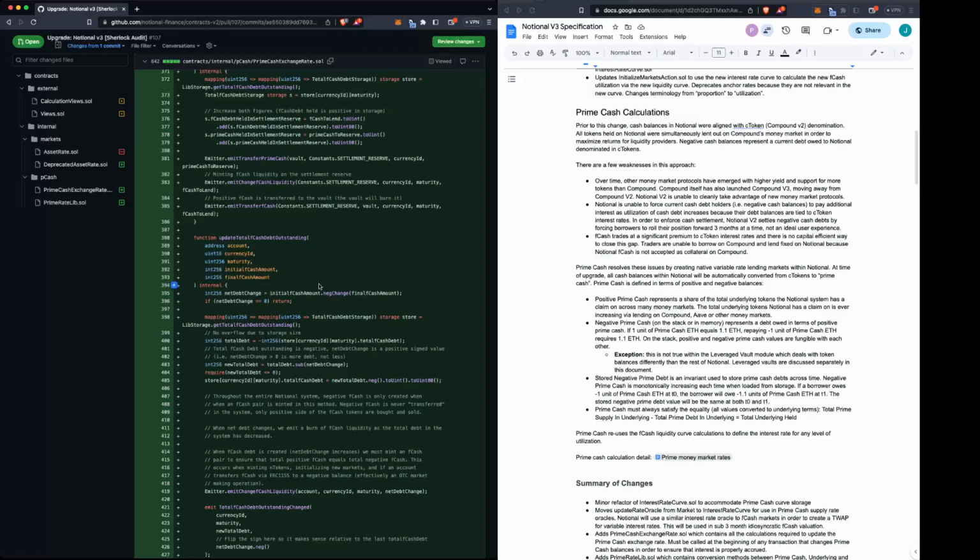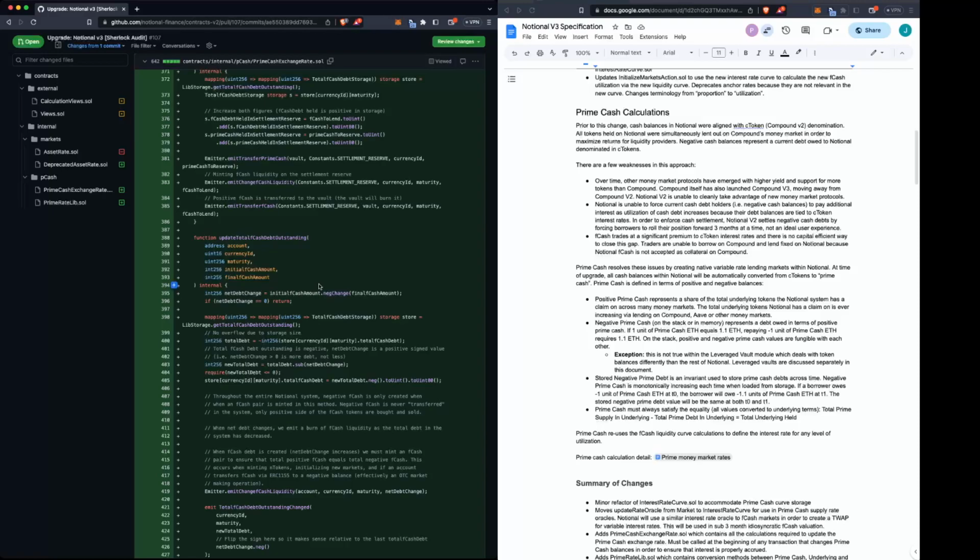Now, if the borrowers did not repay on time, what Notional V2 enforced was a settlement process where cash was borrowed from the 3-month market and used to repay the debt, and then that borrower is essentially forced into another 3-month fixed rate debt. Now, this was a bit harsh for borrowers and really not a great UX, because there's this very hard stop on that debt. And if you missed a repayment or you missed rolling that debt forward, you would incur a fairly substantial fee